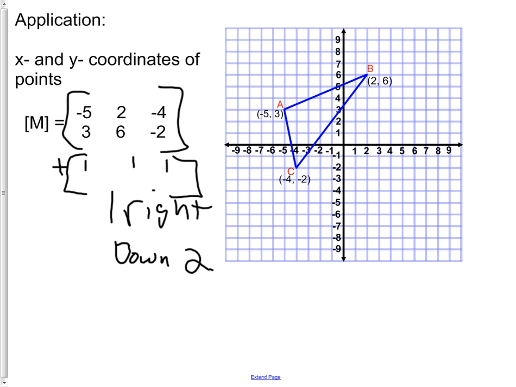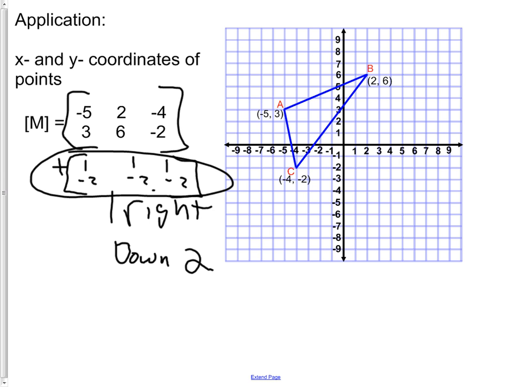1, 1, 1. That's, you're moving it which way? The right, because those are the x numbers. And then down 2, what would I do? Minus 2, minus 2. Good. All right, so that's the intermediary matrix, and then the final answer matrix would be all the new points that